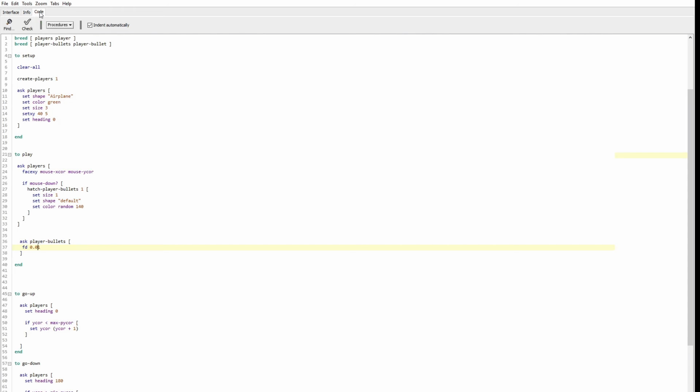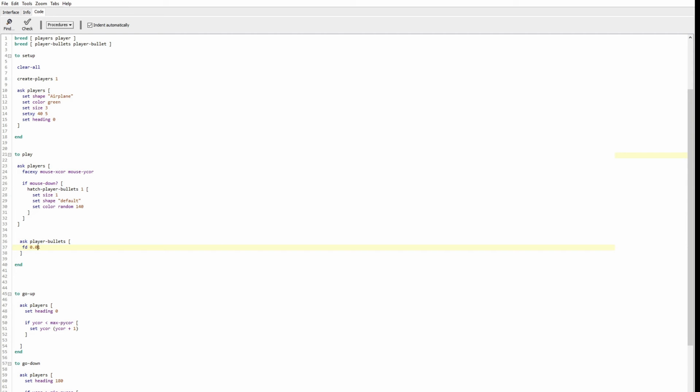But as you can see, all the bullets are trapped in the border. So we should not have something like this, because finally it will end up having so many bullets here. That's too many turtles, and it's going to impact the memory of this game. So what we can do is define a border here. Whenever a bullet touches that border, we should destroy that bullet. So for that, we are going to do